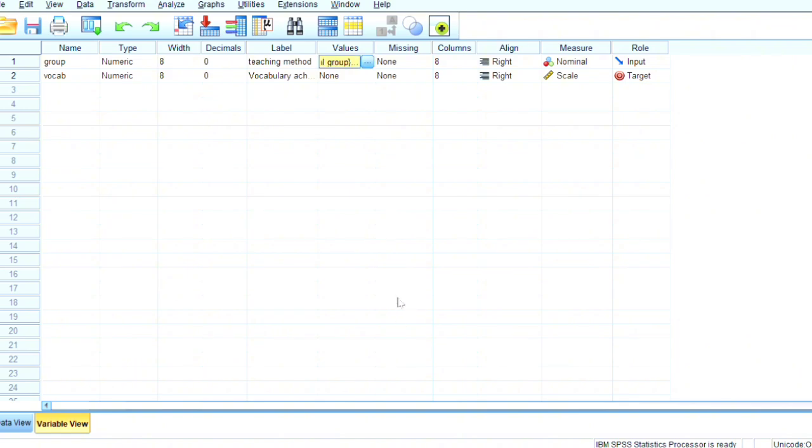Click OK, and the second is vocab, numeric, with label vocabulary score, and measure: the first nominal and the second scale.